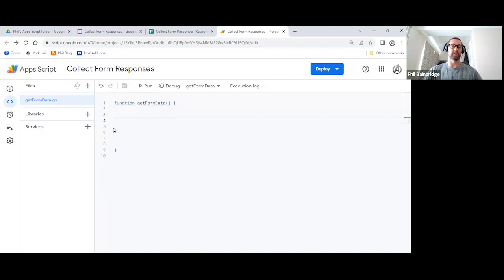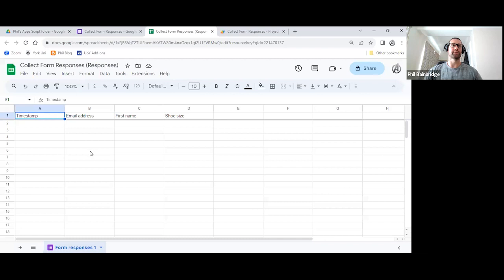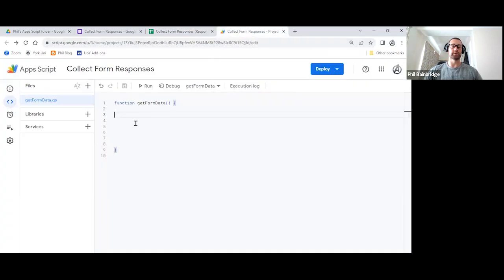This is everything ready that we need to then start working on this. So the first thing we want to do is get the row number that the data is actually written to. So for instance, the first time this form is submitted, the information will go on to row 2. Then the next time it goes on to row 3, 4, etc. I want to get that row number as a value so that at a later date, if I ever wanted to create a document, for instance, and paste the URL back into the Google Sheet, I can do that.